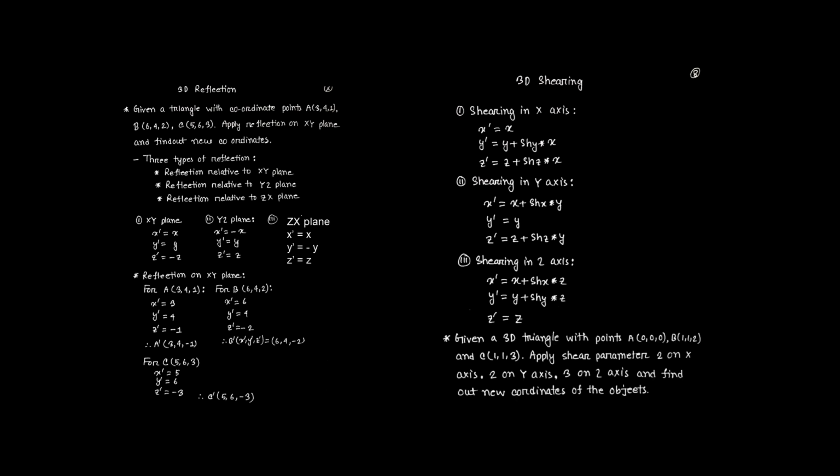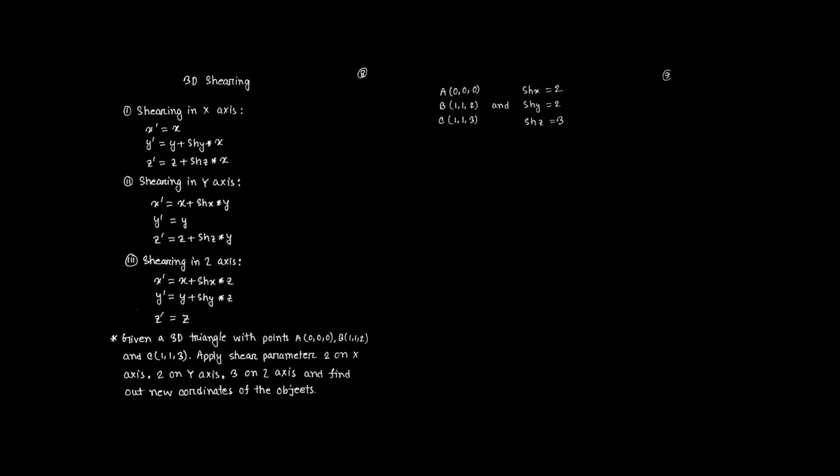Three points of a triangle in a 3-dimensional space are given as A(0,0,0), B(1,1,2), and C(1,1,3) respectively. Apply a shearing parameter of 2 along the x-axis, 2 for the y-axis and 3 for the z-axis on this object. For the x, y and z-axis, we have to apply the shearing parameter formula at each separate point. For the x-axis at the beginning,